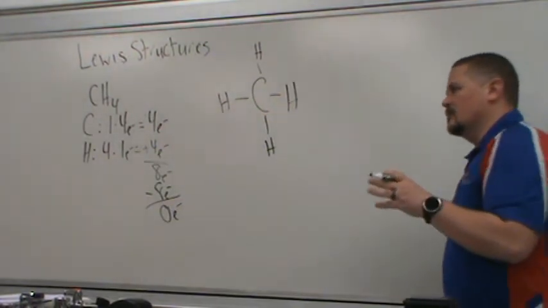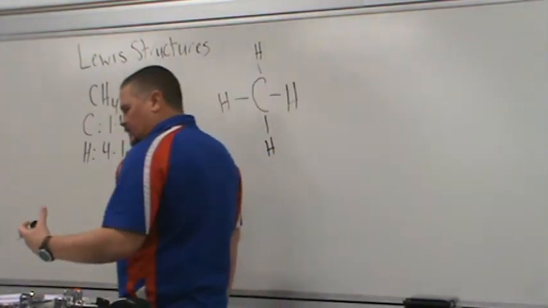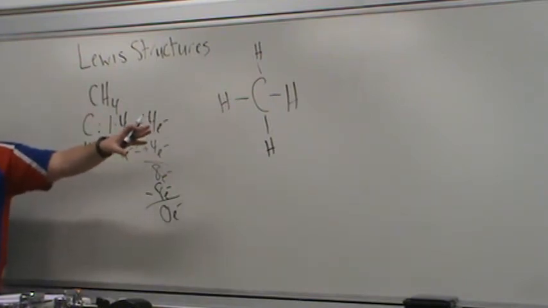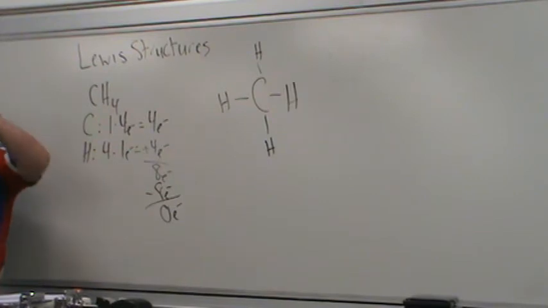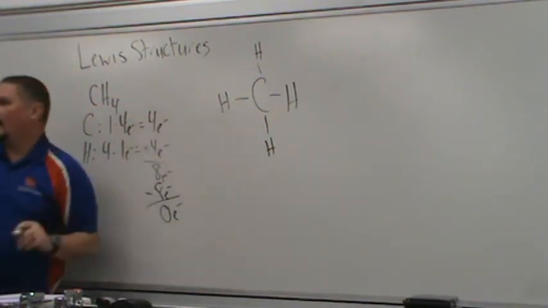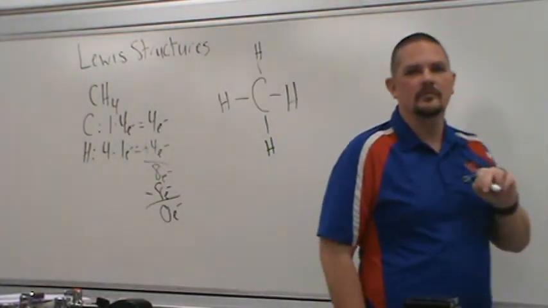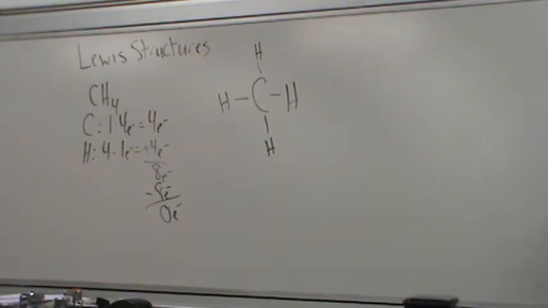Okay, now what do I mean by happy? For the elements that need to, have they reached the octet rule? Okay, so let's kind of start with our central atom, carbon. Carbon has 4 single bonds coming off of it, so it has 8 electrons being shared, right? So would you consider carbon to be happy since it's reached 8 electrons? Yes. Okay. Now, the hydrogens. How many electrons do the hydrogen atoms have going to them? 2. Okay. Well, is hydrogen happy in this situation? And the answer is going to be